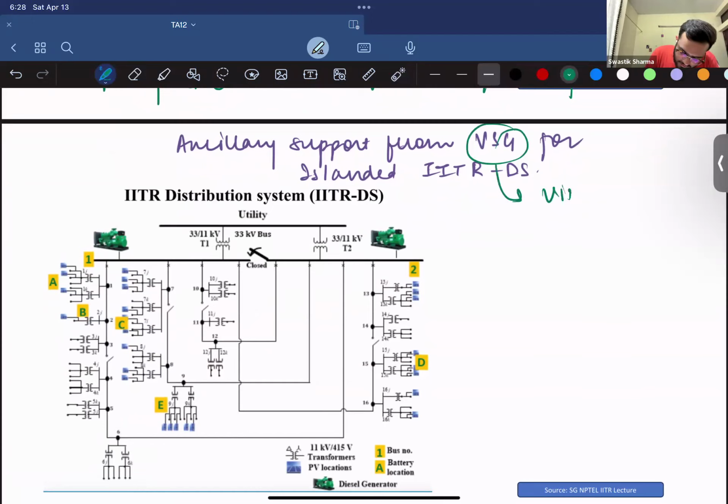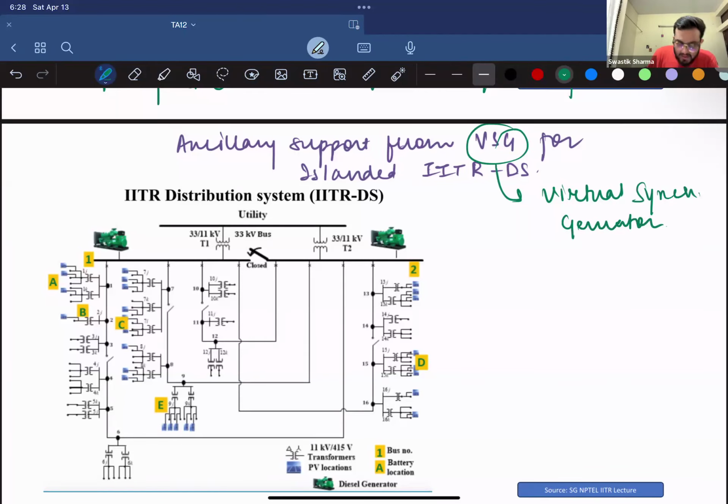It's virtual synchronous generator. And the main idea of it is to act as a synchronous generator. Now, why do you want it to act as a synchronous generator? It's because by the use of these intermittent resources,